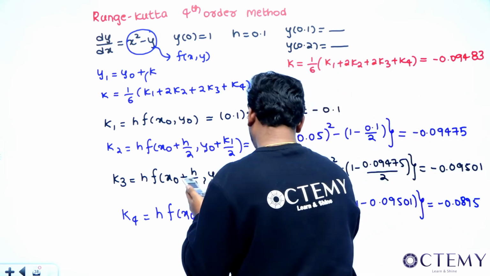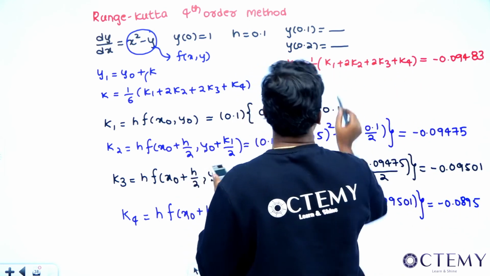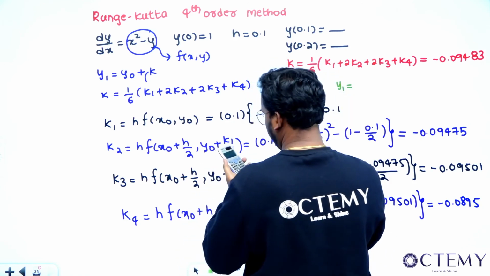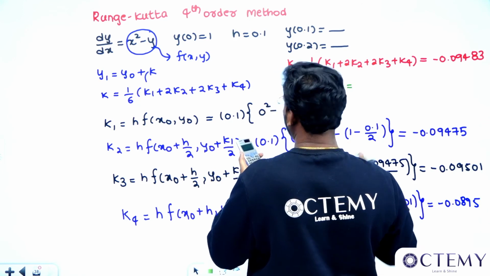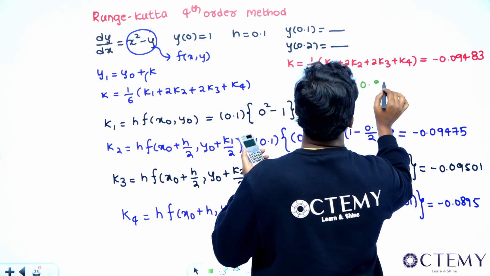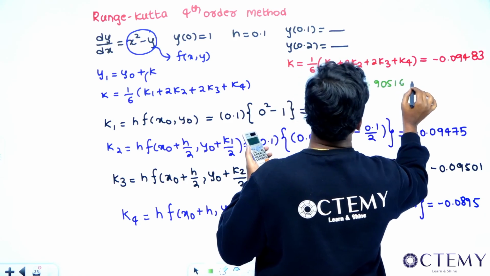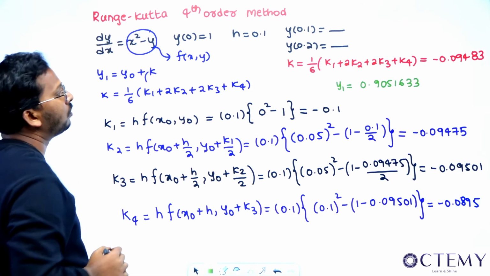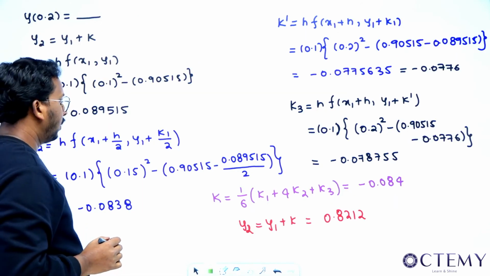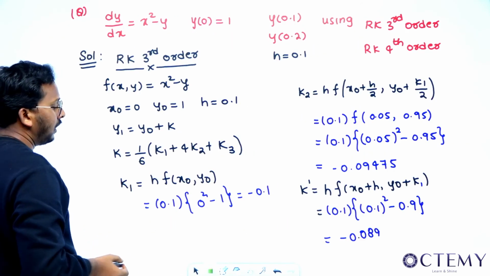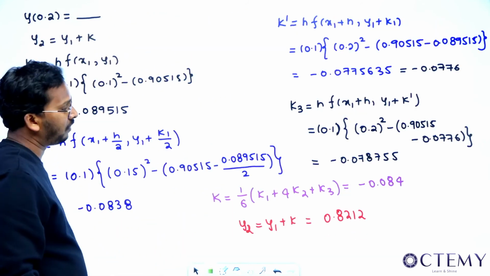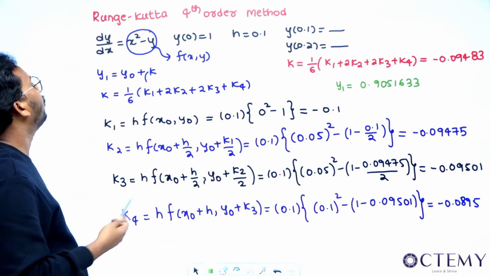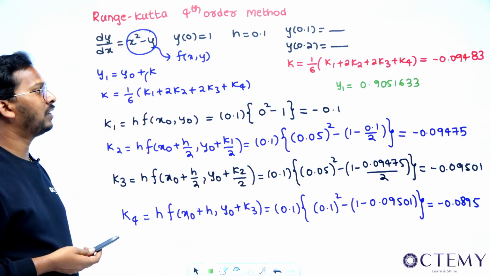If this is your K, then see, sir, what is the value of your Y1? Finally, the value of Y1 would be 1 minus answer, or 1 plus answer in this case. That will become 0.905163. So let us see what is the accuracy from this method compared to the last method. The last method value of Y1 was 0.90515 and here 0.90516. If you do it exactly, then let us check which one is more accurate.